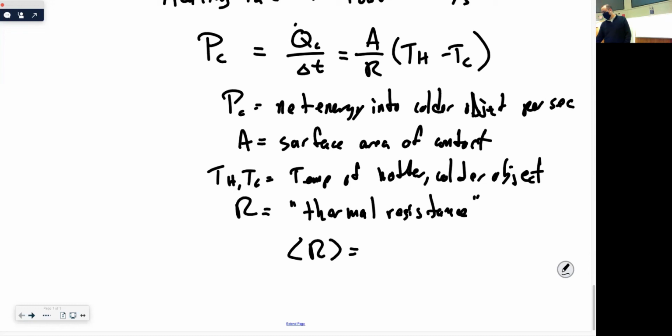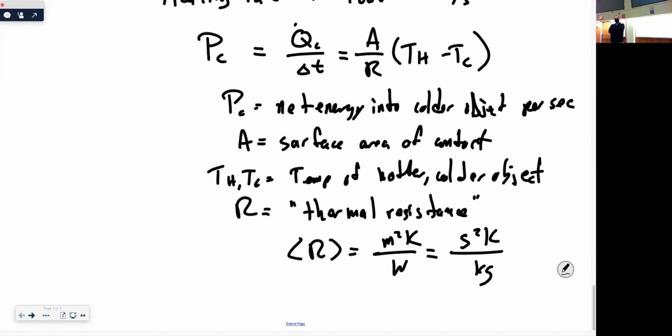We've got a meter squared on the right. We've got a temperature on the right. We've got an energy, joules per second, on the left. Put all those together. We need meters squared per Kelvin to cancel out the units on the right. And we need per watt to cancel out the unit on the left. Or if you want to split watts up into kilograms and meters and seconds, this becomes seconds cubed Kelvins per kilogram. But I think the first is probably a more intuitive way to think about this.